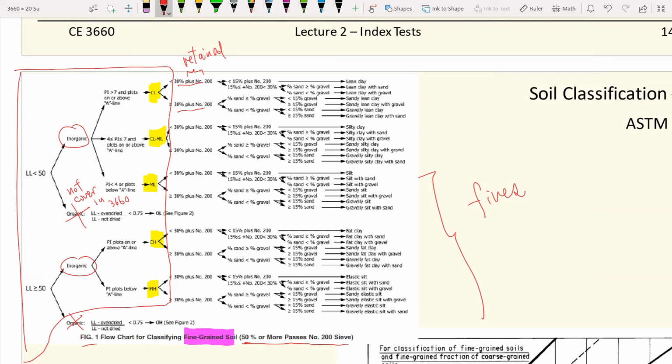Because we have 50% passing number 200, that means 50% is retained on number 200, so we're here, because we have 50%, which is greater than 30%. So we go to the lower part, and we have percent sand more than percent gravel right here. And also we have less than 15% gravel. So at the beginning you need to put down the percent gravel, percent sand, and also